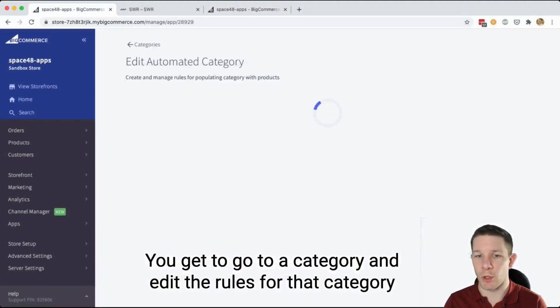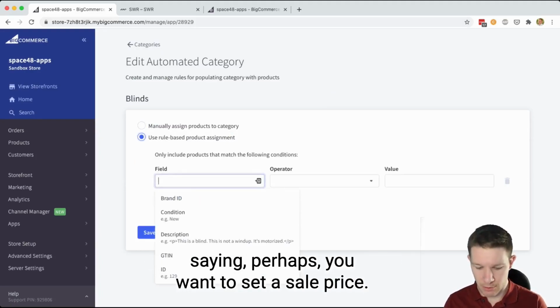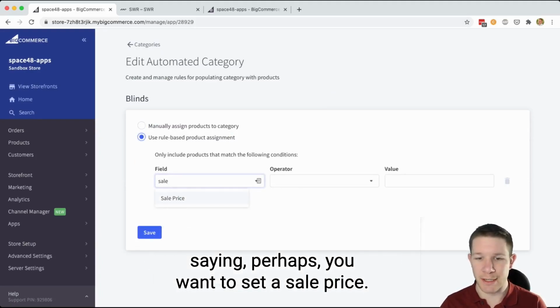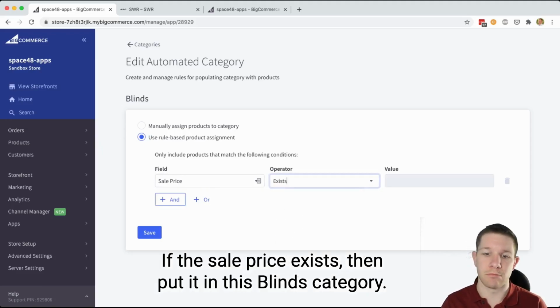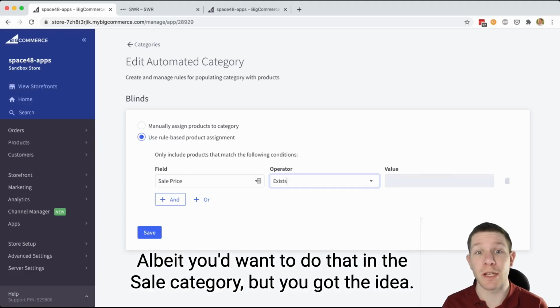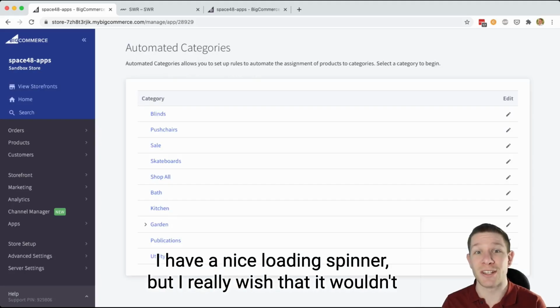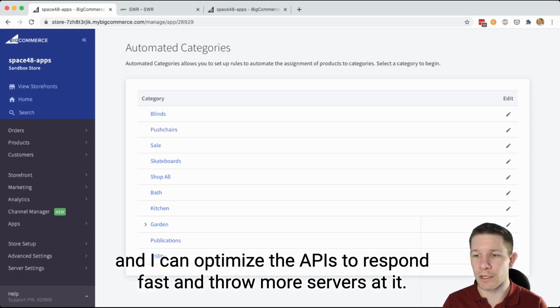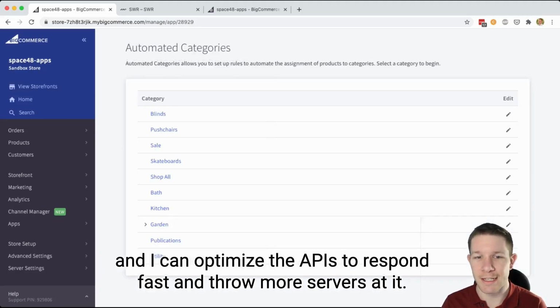You get to go to a category and edit the rules for that category, saying perhaps you want to set a sale price. If the sale price exists, then put it in this blinds category, albeit you don't want to do that in the sale category, but you get the idea. Now, my frustration with it is going back and forth. I have a nice loading spinner, but I really wish that it wouldn't take the second or two,